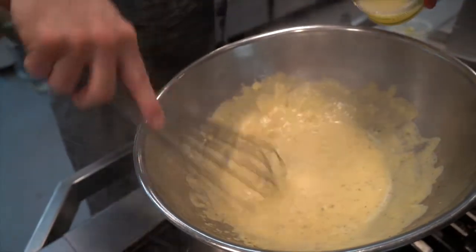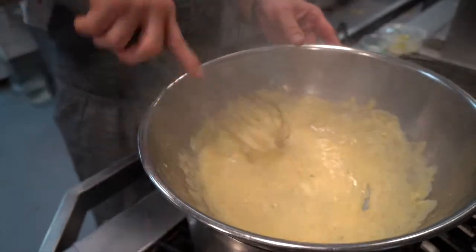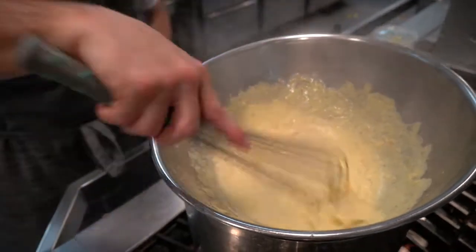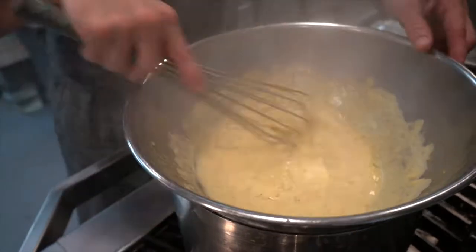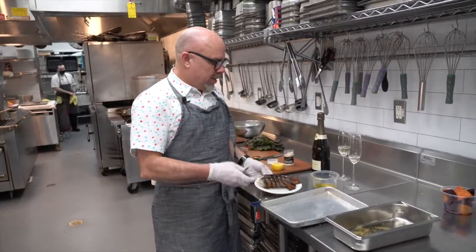Just a touch of lemon juice. Give it that nice balance of acidity. All right, now it's time to turn it up and let it sit at room temperature for about 5 minutes before we serve it. Okay, next, we're gonna grill off these lobster tails, and I find that having a nice